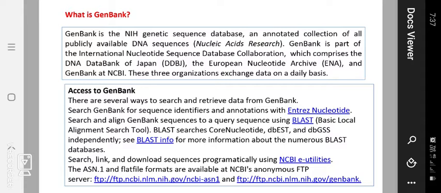The three organizations exchange their data on a daily basis: DDBJ, European Nucleotide Archive, and finally NCBI. So these are joined together. That is the formation of GenBank. Access to GenBank: there are several ways to search and retrieve the data